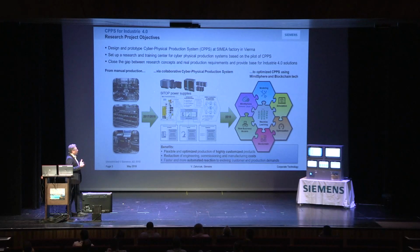So what kind of benefits could I have from systems like that? The ultimate goal is mass customization, so that we can really produce a product with lot size 1, really individualized production. And the big goal here, which I think we already achieved, is reduction of engineering, commissioning, and manufacturing costs. In the future, production plants need to react to demands of the customer, which are more volatile every year. So the automatic reaction of the plant to changes in orders is something we try to do in this